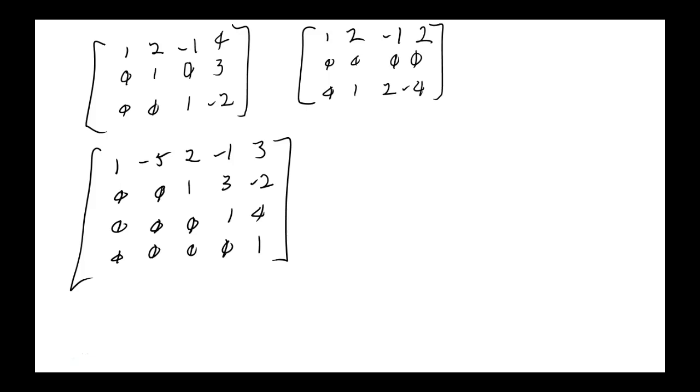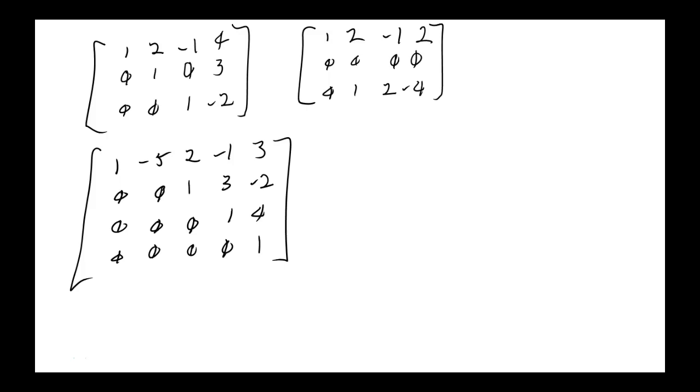Yes, it is. First non-zero entry in each row is a 1, and the 1s step from left to right, and you have no rows of all zeros. If you did, they have to be at the bottom. Now, this is a legitimate matrix. Remember, matrices don't have to represent systems of equations. So far, that's what they've been doing.